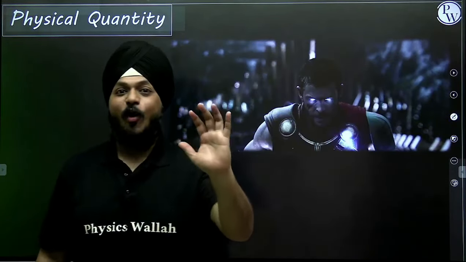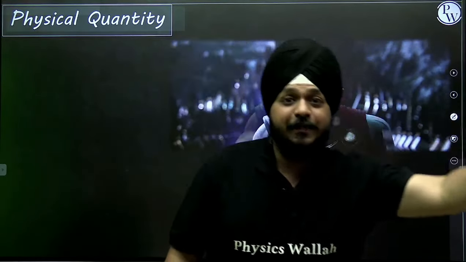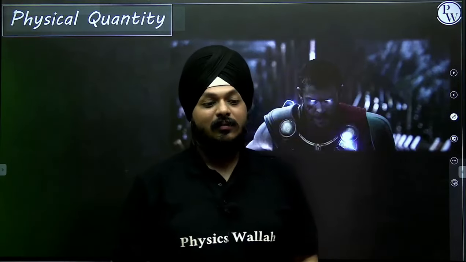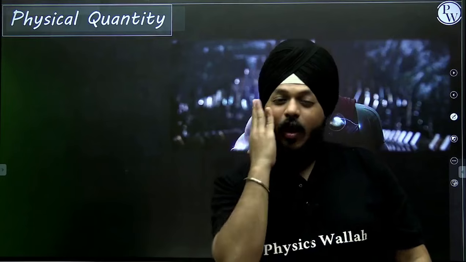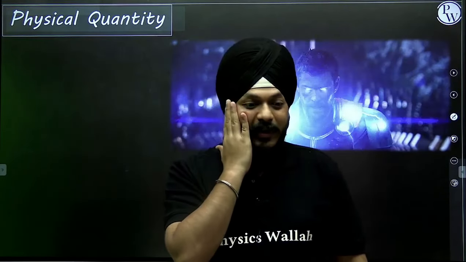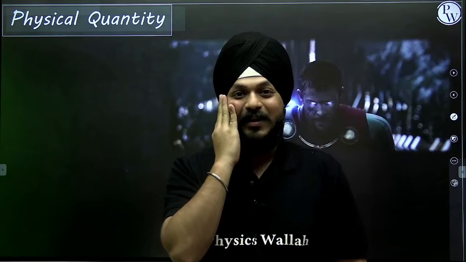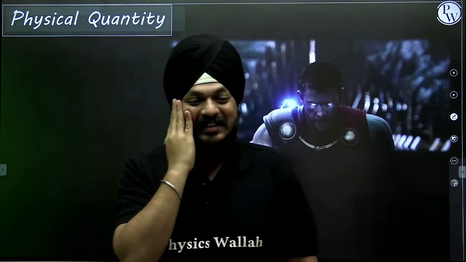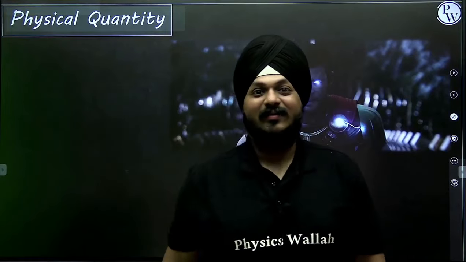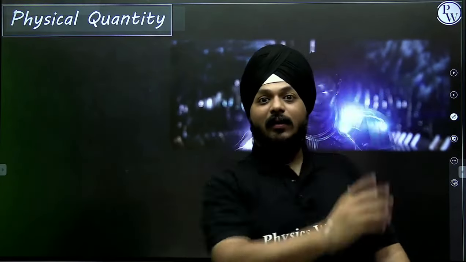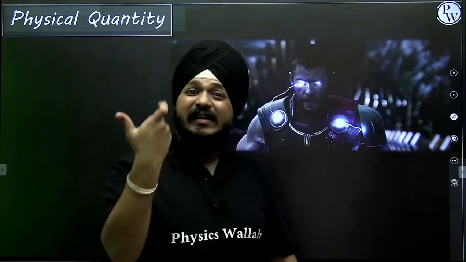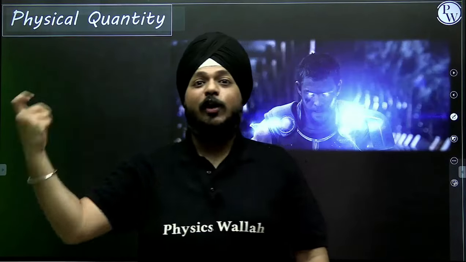So what is a physical quantity? One factor that describes the phenomena. What kind of phenomena is going on? Mom slapped. What was the intensity? Oh man, sir, we never calculate the intensity. Thousands of times we used to get slapped at home. It's our regular routine and we never measure that intensity. One factor that is measured: there was a slap with what intensity? So that factor describes the phenomena going on in the surroundings.